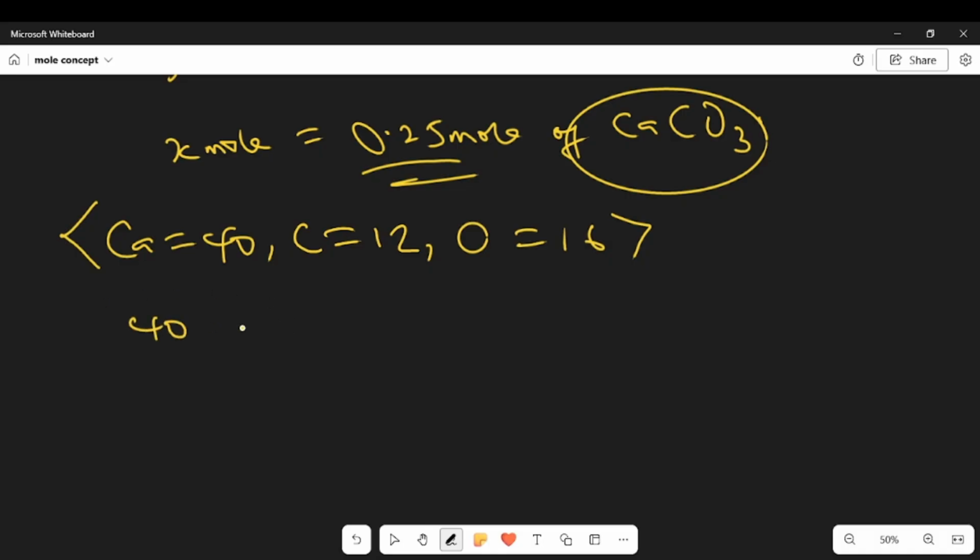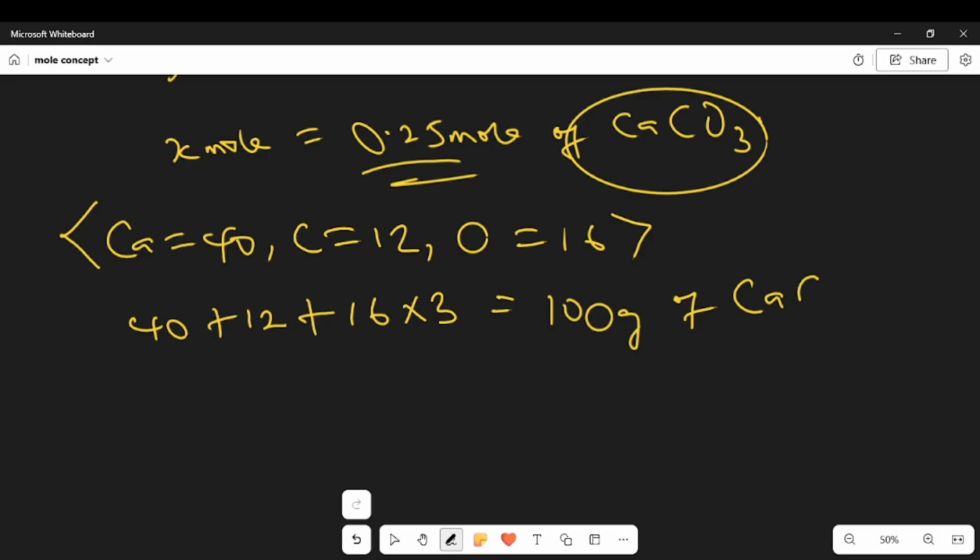So calcium is 40 and carbon is 12. Then our O, which is oxygen, is 16 multiplied by 3. And that will give us 100 grams of CaCO3. Now to get the mass of CaCO3 that would produce 0.25 moles of calcium trioxonitrate 5, it will be